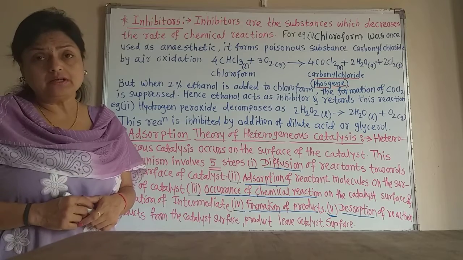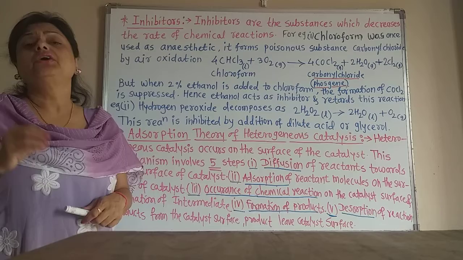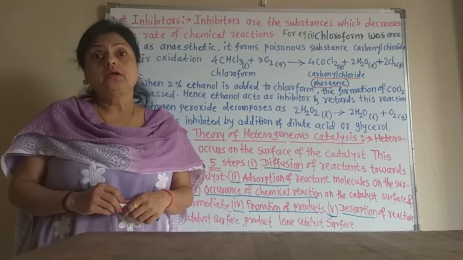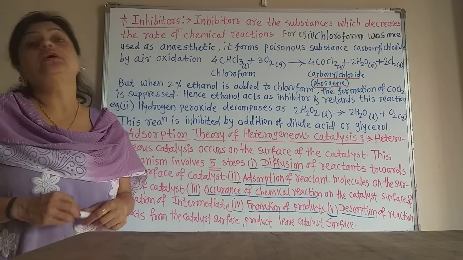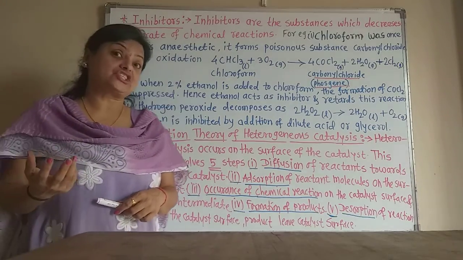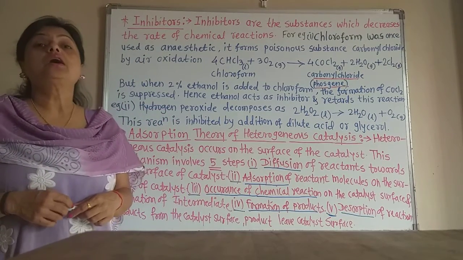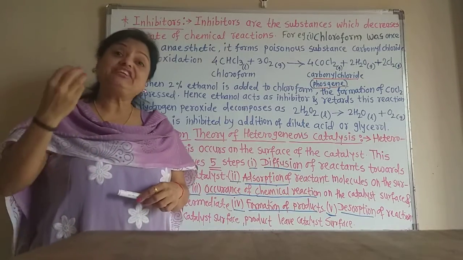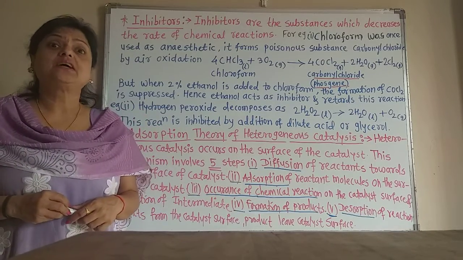For example, we know that when chloroform is exposed to air and sunlight, there is formation of the very poisonous gas phosgene. Chemically it is called carbonyl chloride, and that phosgene, when inhaled by living organisms,